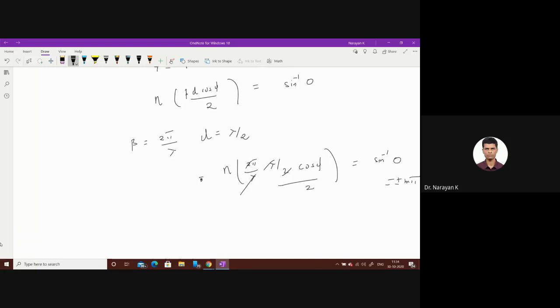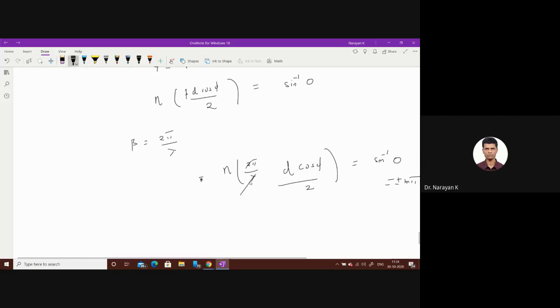One second, he has not substituted what is d. So continue to maintain this as D. One second, one small change. So D, don't substitute equal to this one. You don't substitute because we want to find something else. So you maintain this as D itself.